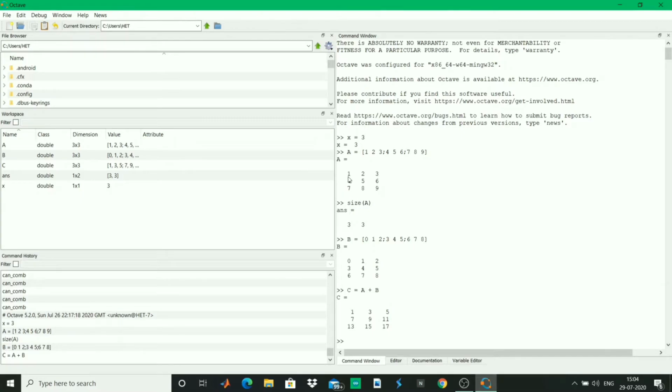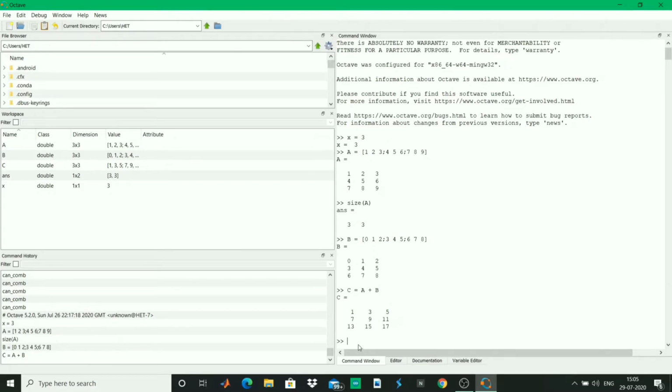That means the first element of the first row is added with the first element of the first row in the B matrix. In the same way, the second element of the first row is added to the second element of the first row of B, and you can see that you will get the same using C is equal to A plus B.